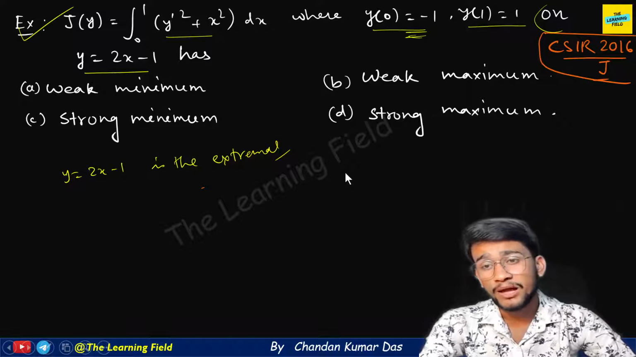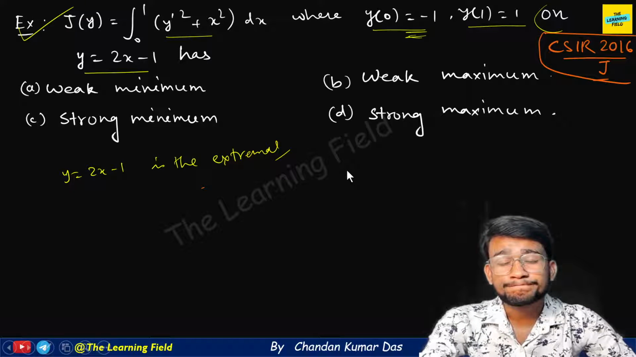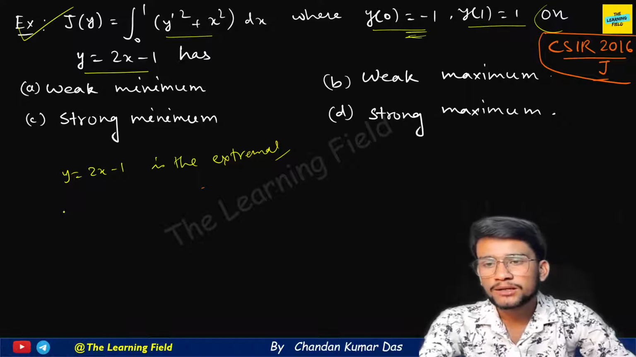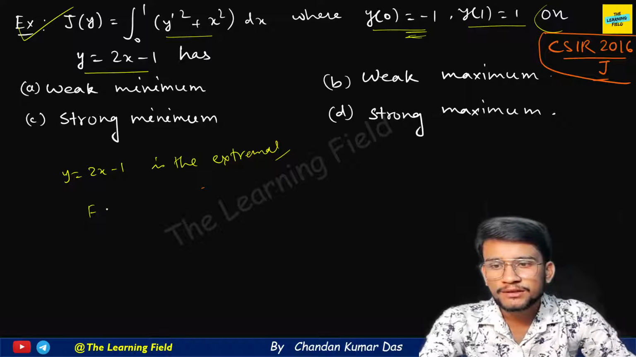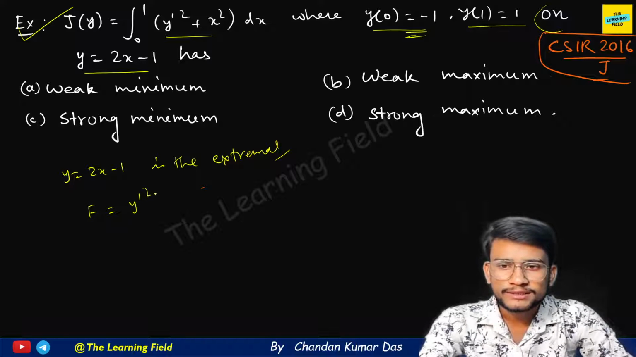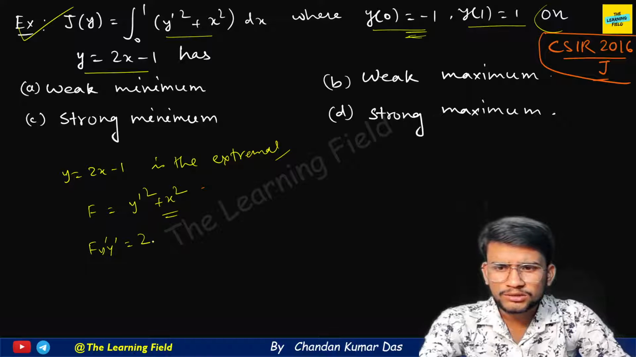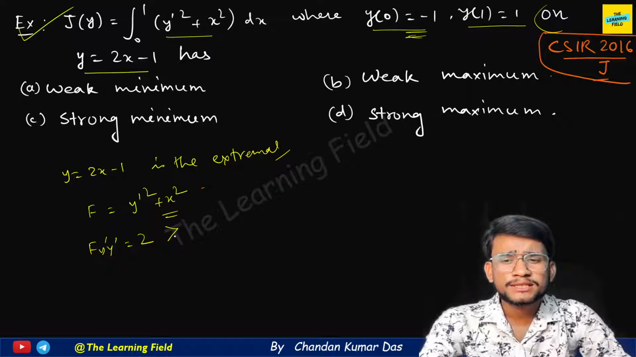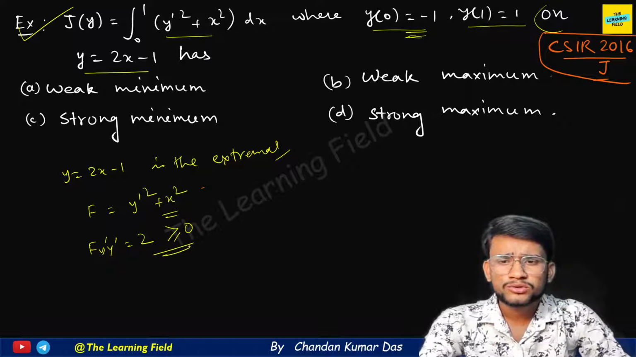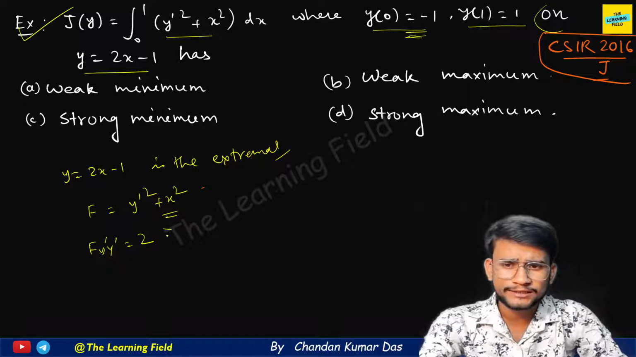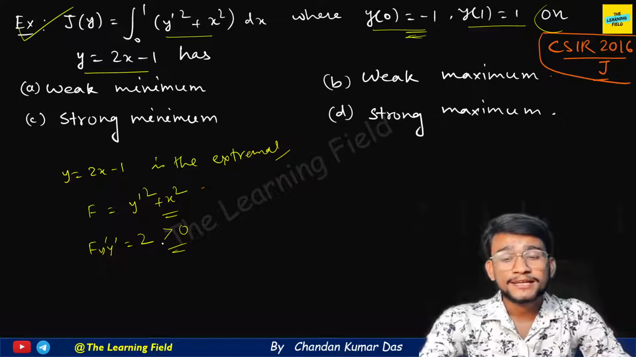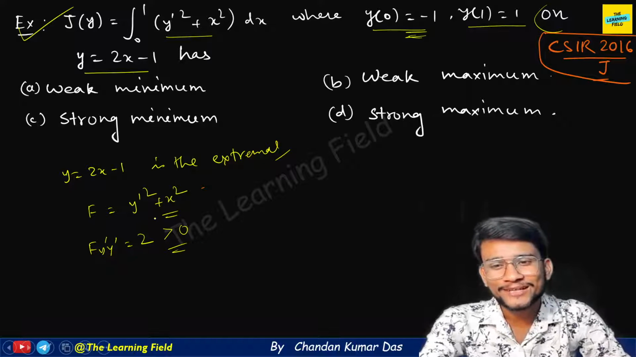So if we apply the Legendre condition here, what is f? f is equal to y dash square plus x square, okay. So f of y dash double dash is equal to clearly 2, and you can say this is greater than or equal to 0, or strictly greater than 0, 2 means strictly greater than 0, okay. So from here you can say that if y is strictly greater than 0,